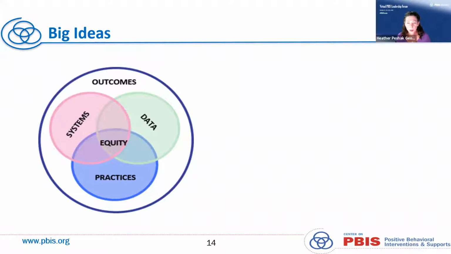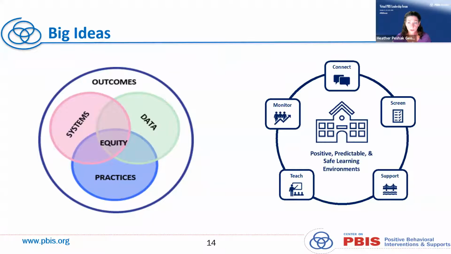And how we go about that is we've got to examine our data. What do the data tell us? What do our practices, what have we been engaging in? And what do we need to change within our systems? As we start to adjust our systems, it's going to adjust our practices. It has to. And we use our data to guide and gauge how we're doing so that we can provide the most equitable education for all kids across the board, regardless of their needs.